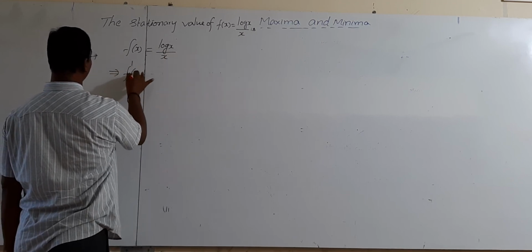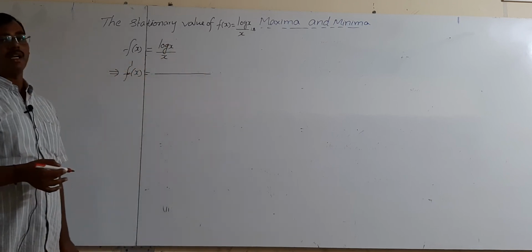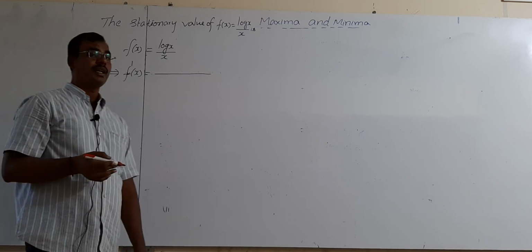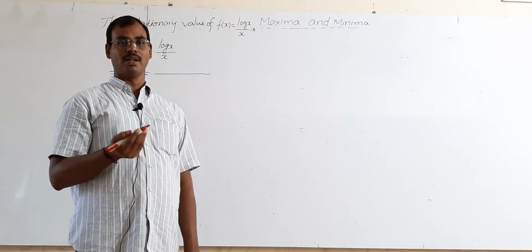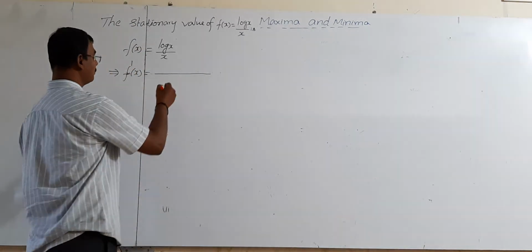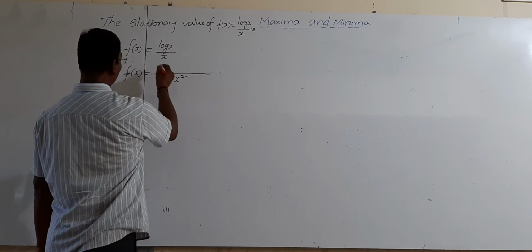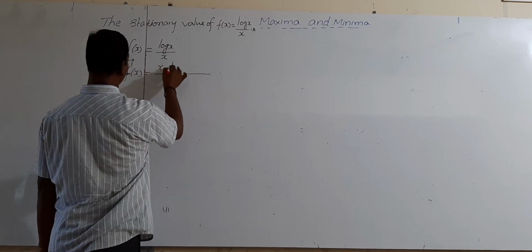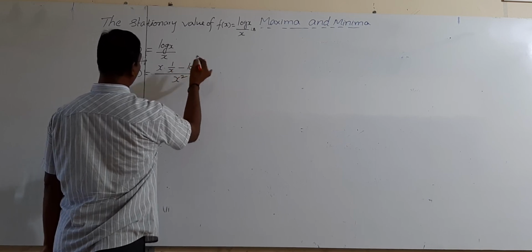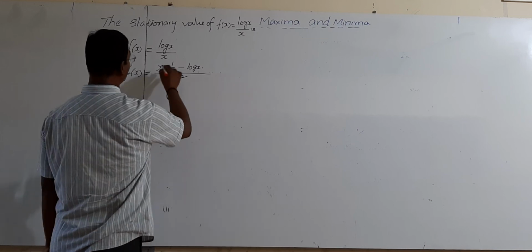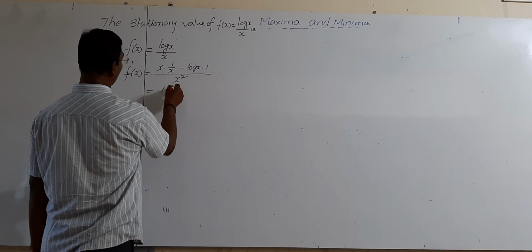Calculate the first derivative. Observe what? It looks like a u by v form. It is u by v form. Derivative by the quotient rule, we know that: over the square of the denominator, the denominator as it is into the differentiation of the numerator, minus the numerator as it is into the differentiation of the denominator. This is equal to 1 minus